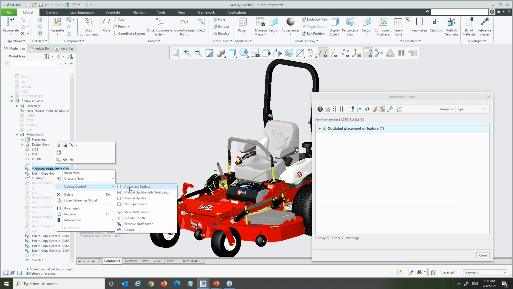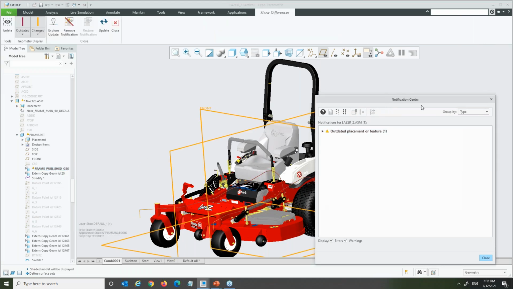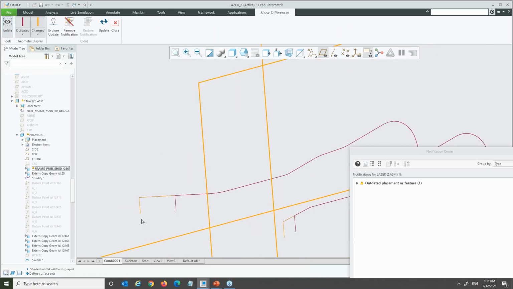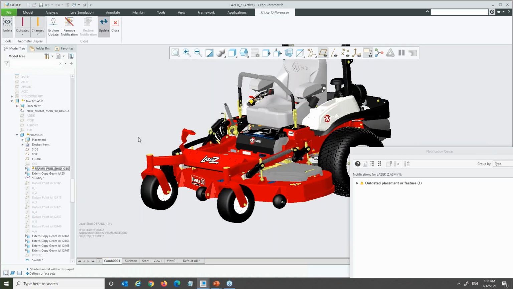This is the same information, but seen at the skeleton level. I can directly update it, as an automatic update here, or I can look at the differences between those changes. A typical scenario would be that my team leader changes something at my skeleton level. As a subordinate, I can come and have a look and compare. I can have some thoughts here before I publish it. Okay, now I can straight away update that design information.